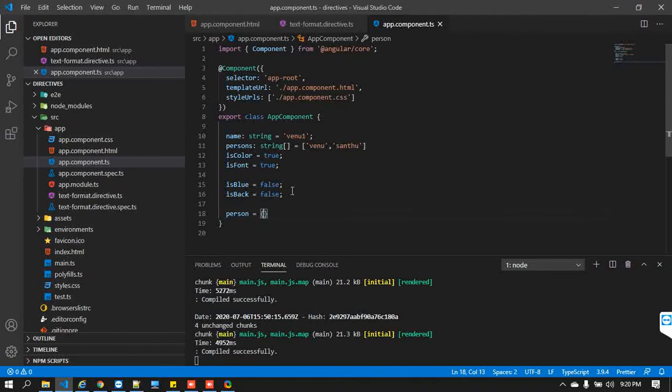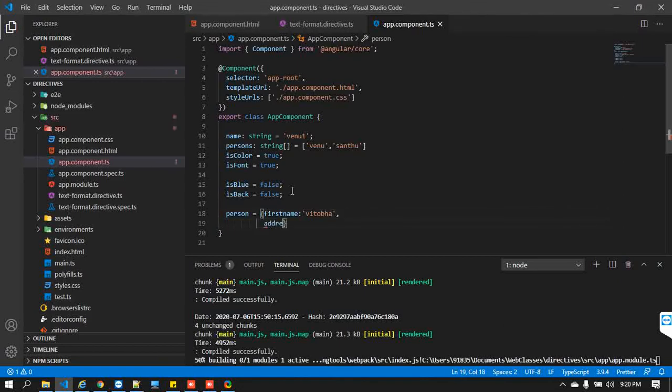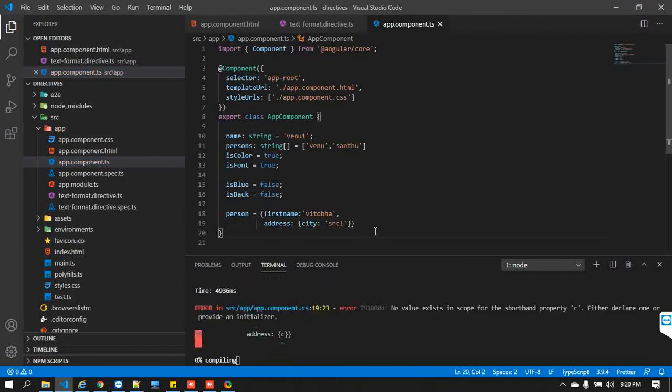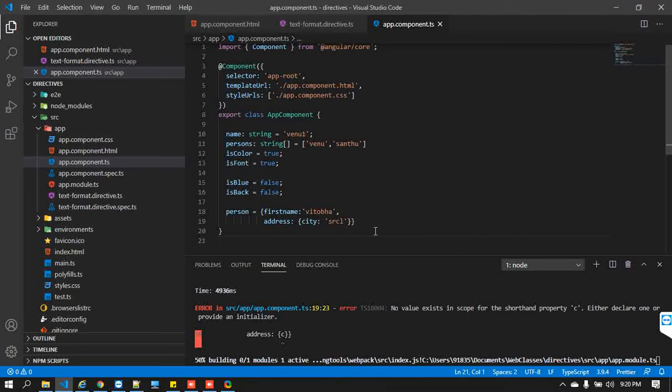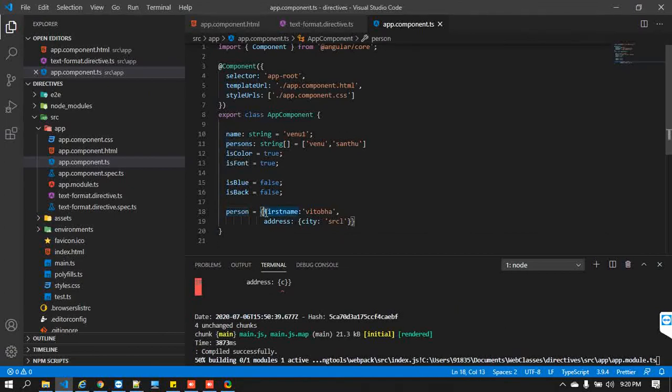Now again I'm going to take an address. This is another object. Let's say city, and the city is, let's say, SRC. So if you look here, you have an object, and inside the object you have another object available as a property.